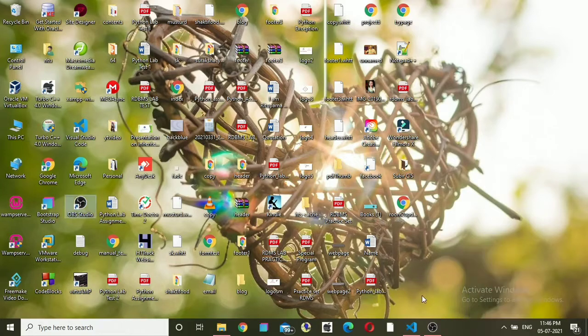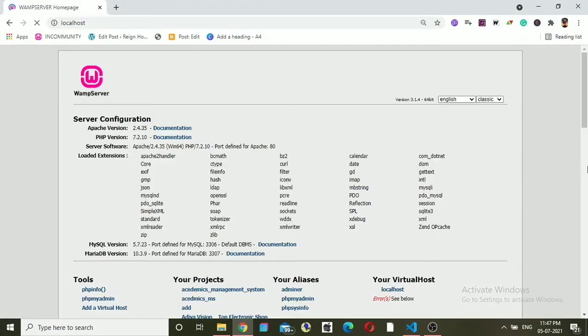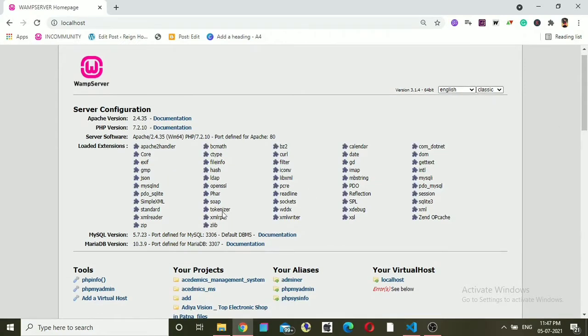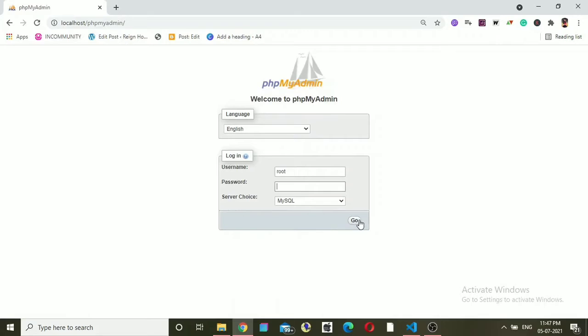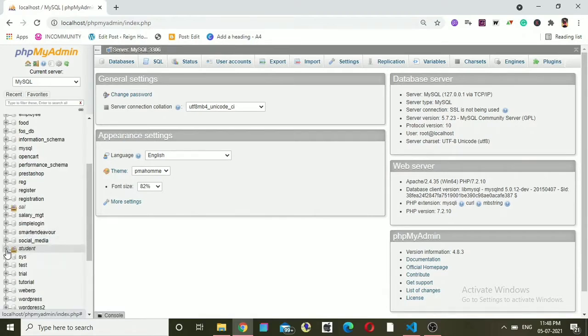Open your WAMP server. Once it's started, it shows in green. Now open your browser and type localhost. Now you will see this window here. Now open the phpMyAdmin. It will take you to the login window where you can see my username is root and password is blank. Now after login, it will take you to the dashboard where all the databases are stored,